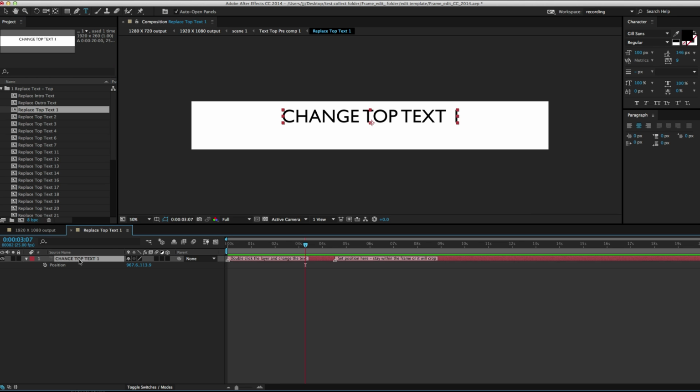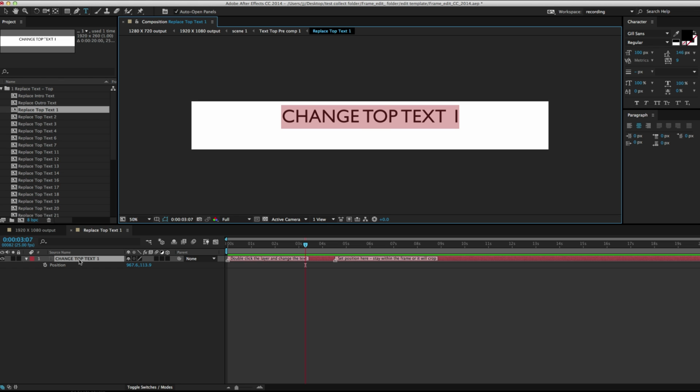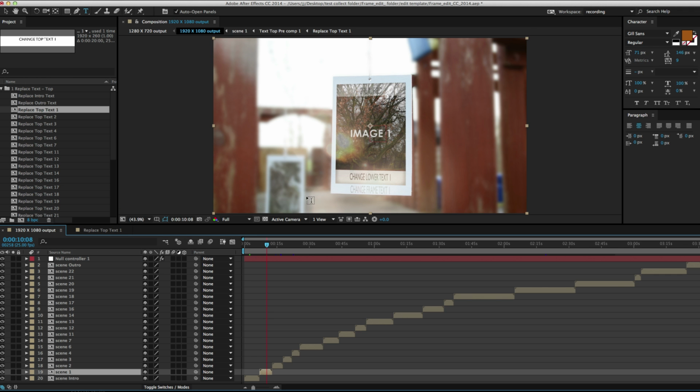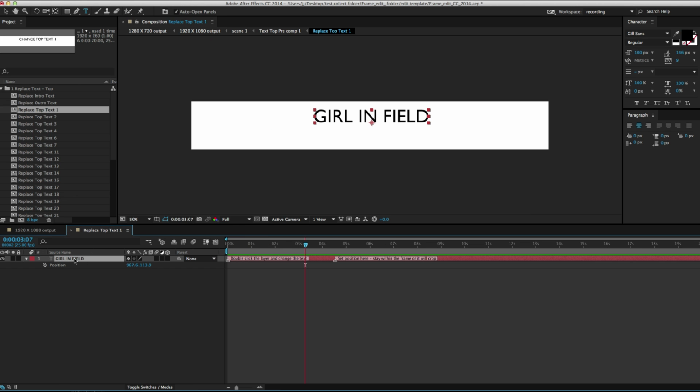So I'll select this top layer, double click it, and I'll type something in, girl in field, and then switch back to my main comp, and you can see it says girl in field at the top. Now I obviously want that a bit bolder and a bit bigger maybe, so I'll go back to replace top text, select it here, maybe make the font a little bit bigger,